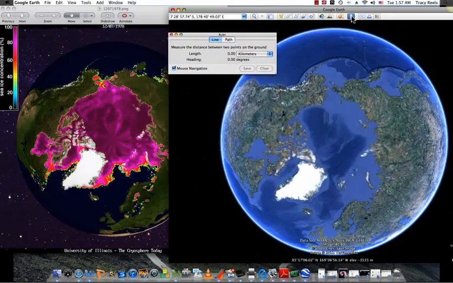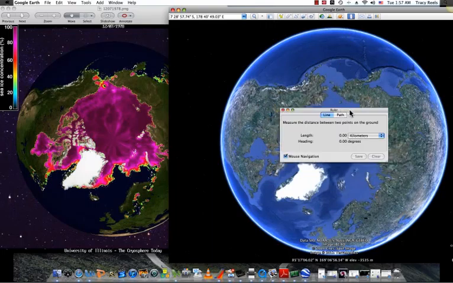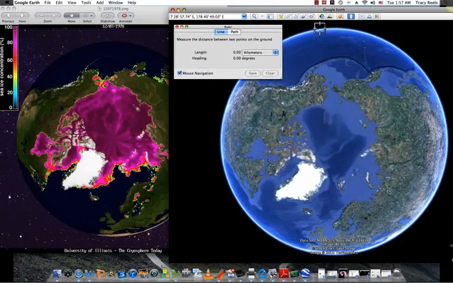It is located at the top of the Google Earth toolbar. You have options of kilometers, inches, miles, etc. for units. For this exercise, of course, you would either use kilometers or miles. Once you choose your unit, then it's a matter of basically carving out areas in geometric shapes to calculate areas